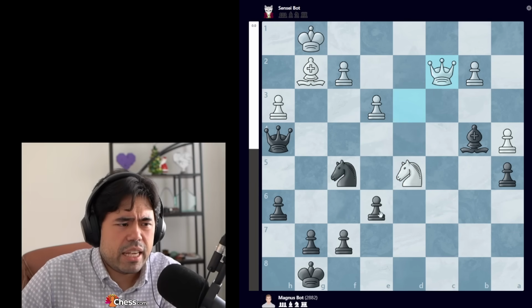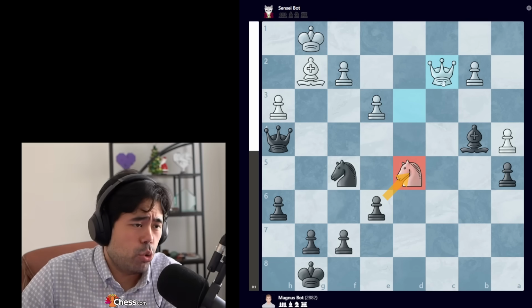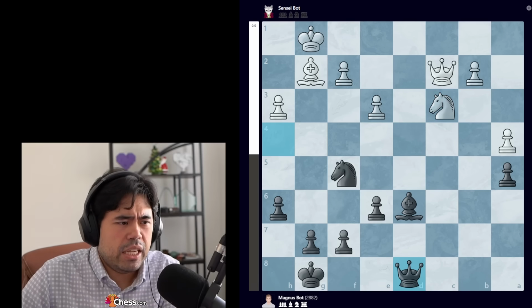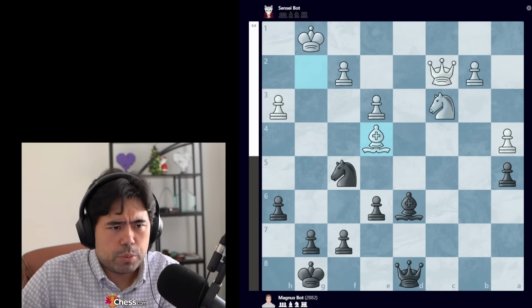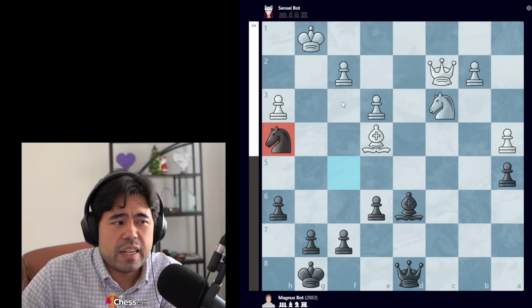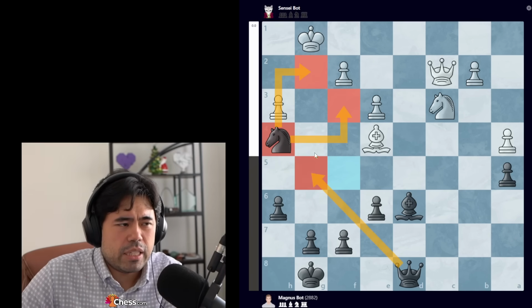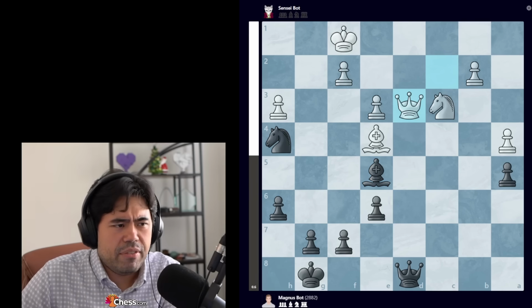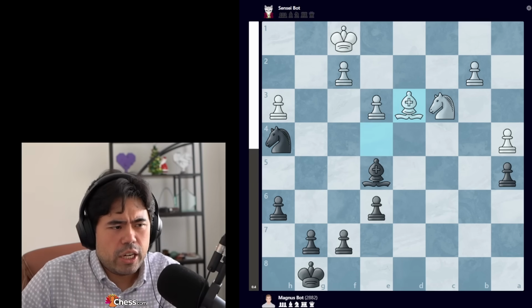We get knight d5, takes. Now if Magnus Bot captures the horse, you would lose the horse on f5. We get bishop d6, knight c3, queen d8, and now we get the move bishop e4. Magnus Bot plays knight to h4 here, getting the knight on a very nice square, potentially attacking the white king as well. We get king f1, bishop e5, queen d3, and now we get the trade and king to